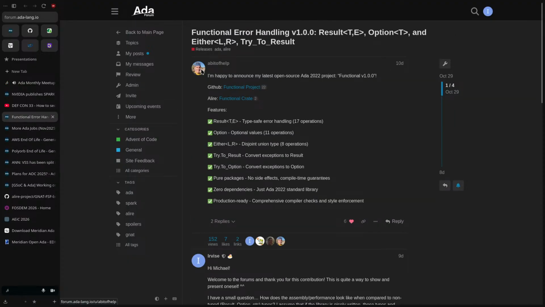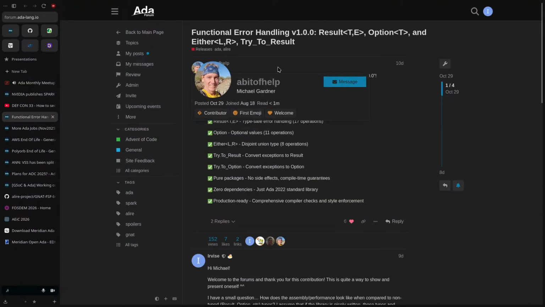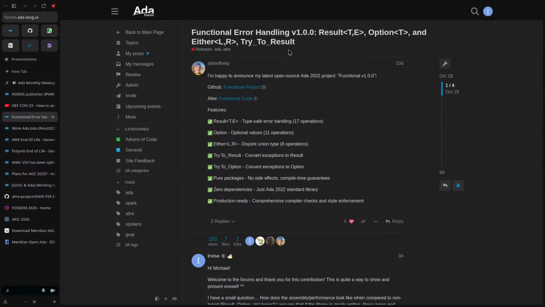Also, a new user of the forums, but probably someone who has been working in Ada for a while, Michel Carné, posted in the forums about 3 different projects that he has worked on in Ada.